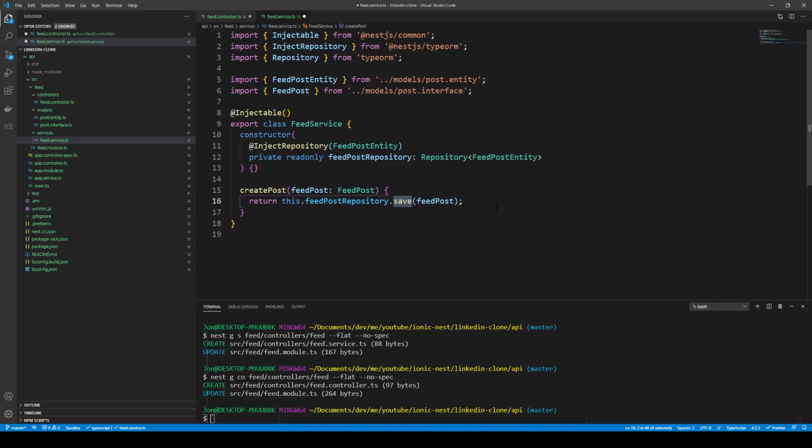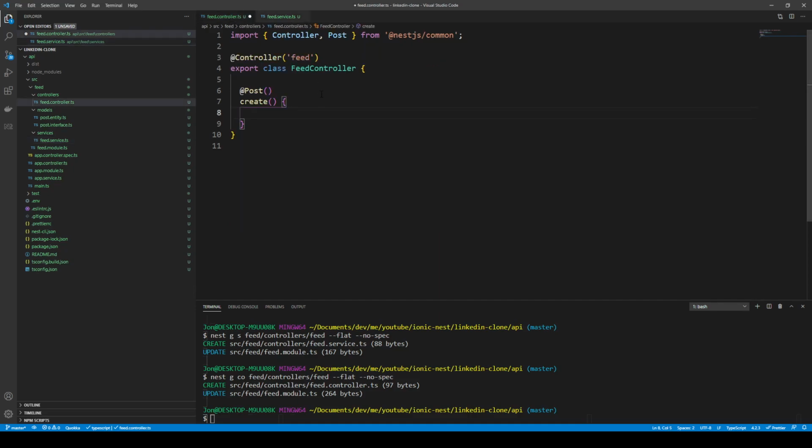Okay, so we've implemented our feed service with our injected repository with the feed post entity, and we're now able to connect from the database with this layer of abstraction of the repository pattern into our service. So we're able to use this service in our controller, and to do that we need to inject that service into our controller. So that means we're going to need a constructor,